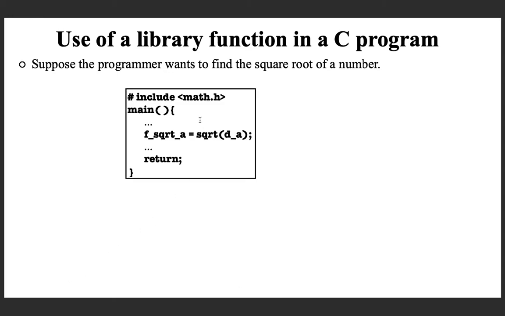Here is a sample program which is making use of the square root function. Note that this C program is making use of the square root function within the main function, and hence the corresponding header file must be included. How will you include the header file? Hash include. I told you in a class that this is a preprocessor directive. It says that you include the header file for mathematical functions. That means I am going to use some mathematical functions in my C program.